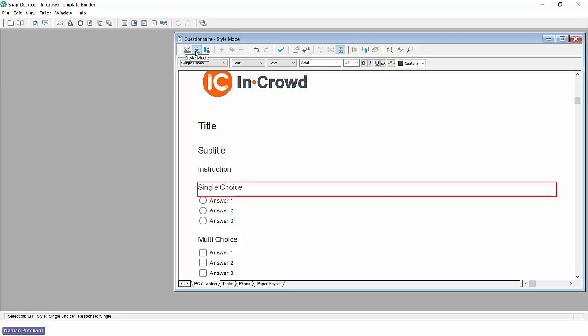And I want to make a change to all the questions at the same time. So we're going to select all styles. So the change I'm making won't just affect the single choice question, it'll also do the multi-choice question, the grid question, etc. And if I then head into boxes,